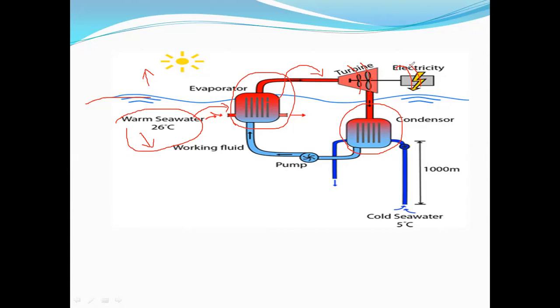After the completion of the process, we use condensers. Condensers decrease the temperature of the water vapor. Now the steam is converted into water, and it comes back to the original position. This means the entire process is a recycling process. Then, what are the main advantages of ocean thermal energy?